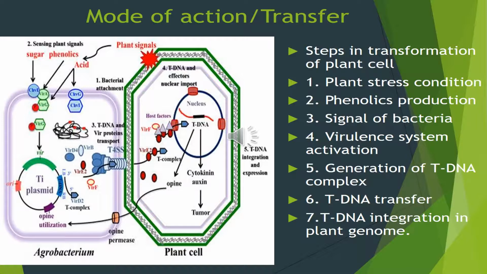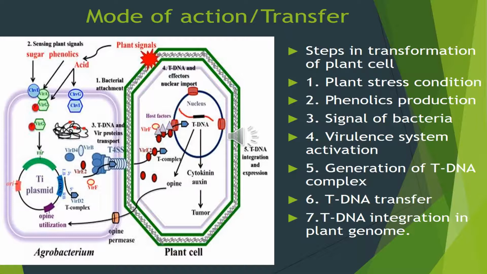In this figure, you can see that VirB and VirD4 take part in the formation of the channel, and this channel serves between the plant cell and the bacterial cell so that the tDNA gets transferred from the bacterial cell to the plant cell. In the figure, you can see only VirD2 and VirE2 are transferred by the bacterial cell to the plant cell, because these two have a nuclear localization signal. So that's why they are able to enter the nucleus of the plant.